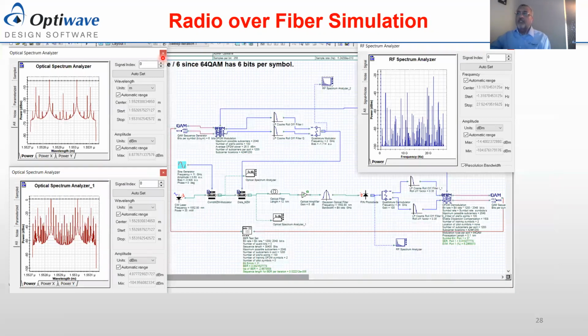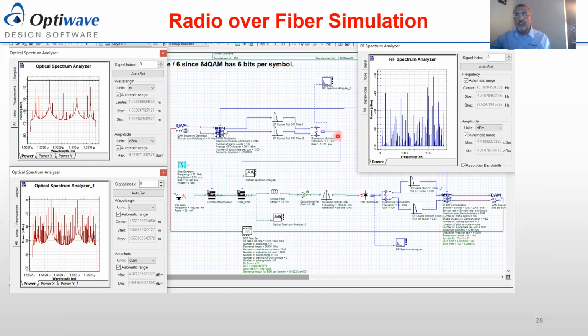Now, this part here shows the simulation part of the experiment representation and the demonstration using a 30 gigahertz carrier. As you can see here, this is the laser, and the first modulator is modulated with a sinusoidal signal at 11 gigahertz. So you create 2 tones, and the modulator is set to suppress the optical carrier. Now, after the data is passed, this is the bit rate, these are the bits, this is the QAM modulator, and this is OFDM.